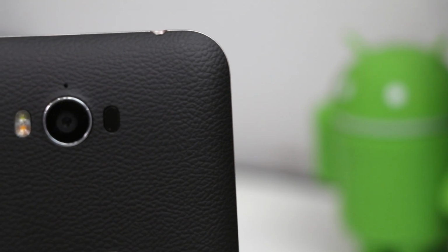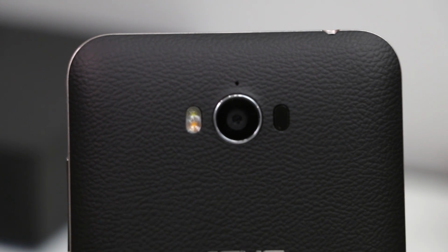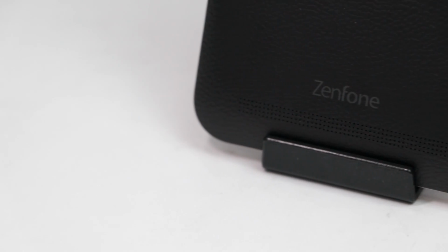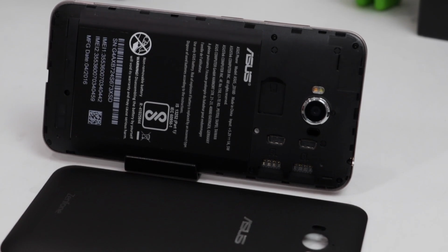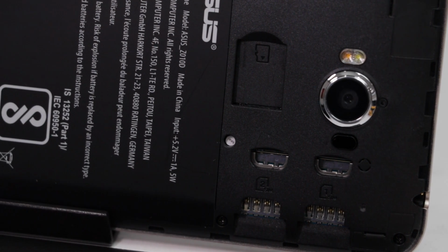On the rear of the phone you get a 13 megapixel camera which comes with laser autofocus technology. There is dual tone dual LED flash next to it. On top of it is a secondary microphone hole for noise cancellation. Below that is Asus branding and on the bottom of the phone at the rear is the Zenfone branding and a large speaker mesh. The back comes off and gives you access to the SIM card slot and micro SD card slot. It supports up to 2 4G SIMs and 1 micro SD card and there is no hybrid SIM